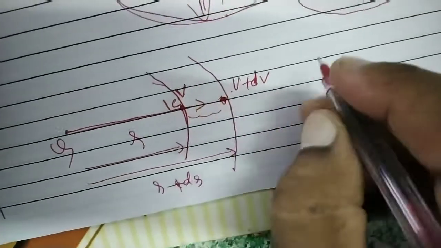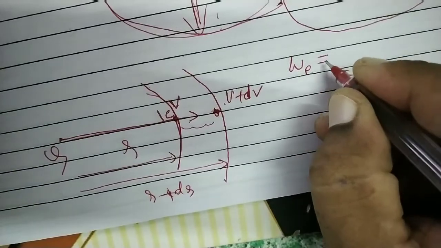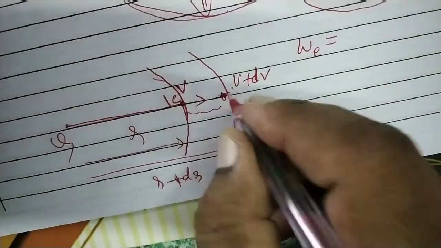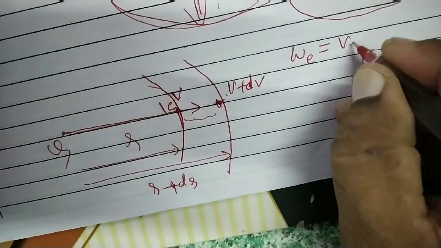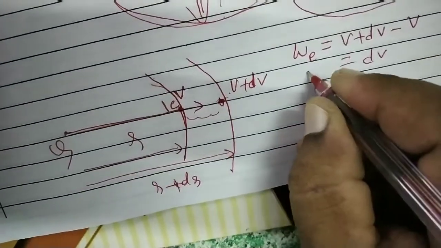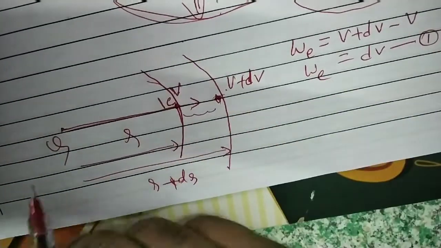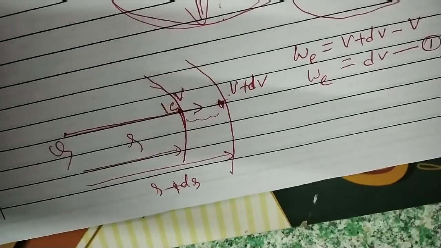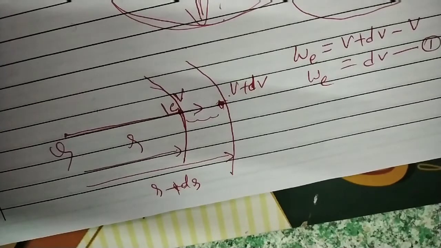potential minus initial potential. So we know the work done by the external agent in displacing 1 coulomb charge from this point to this point is equal to final potential minus initial potential, that is equal to dV. So that is why the work done by external agent is equal to dV, because this is a definition. What is the definition of potential difference? Potential difference means final potential minus initial potential, which is always equal to the work done by the external agent in displacing